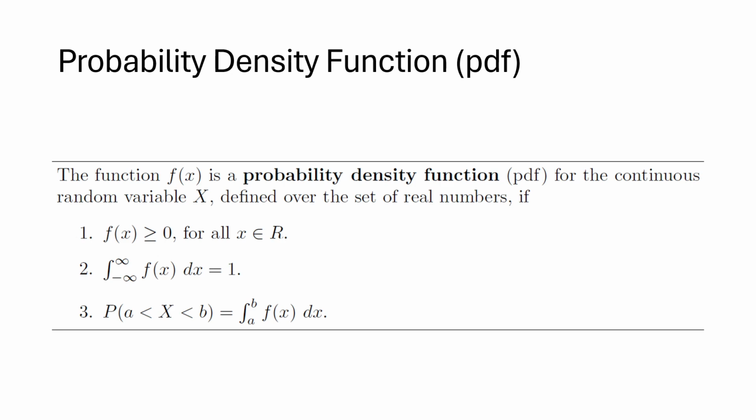Okay, let us continue, and the next thing is the probability. So we said the integration from minus infinity to plus infinity of f of x is equal to 1. Just recall from your 12th standard that integration means the area under the curve, right? So here what I'm saying is the integration from minus infinity to plus infinity, all this area, the sum of all this area is equal to 1. So the area under the curve is equal to 1.